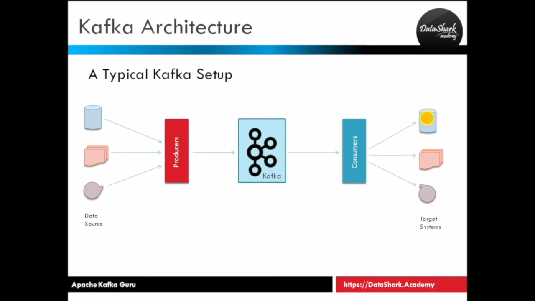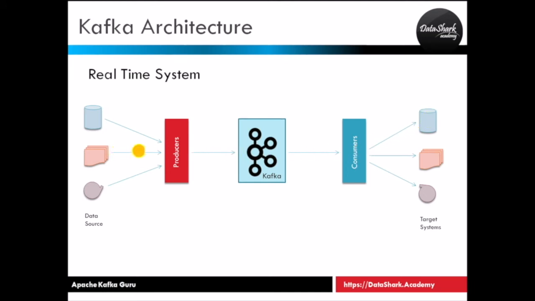Based on what your consumer application is designed to do, it could simply be sending the data directly to the target system and storing it there. Or it could be doing some sort of analysis, like aggregating the results, before sending it to the storage systems. We will have an exercise later in this course to integrate Kafka with Apache Spark streaming, and there you will see how this works in the real world.